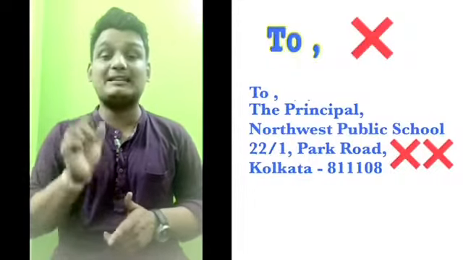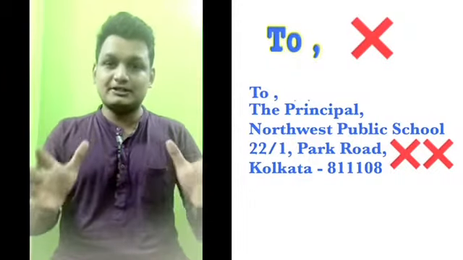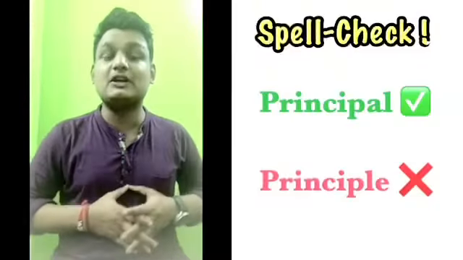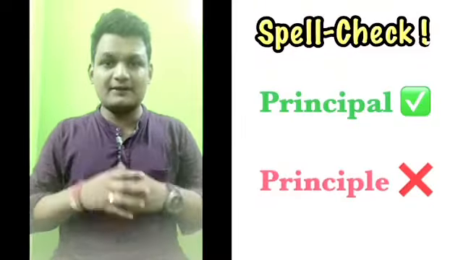Now let's talk about our to address. You need to skip off a line and then write your to address. Now please keep one thing in your mind, that you should not write the word TO and a comma. Directly mention the person whom you are addressing this particular letter. So in formal letter, you directly write the identity of that particular person. Suppose if it is a principal, you write the principal, comma. If it is a superintendent of police, the superintendent of police, comma. If it is the editor of a newspaper, the editor, comma.